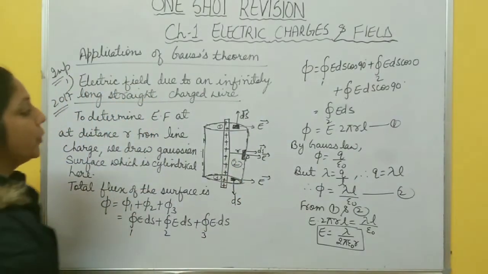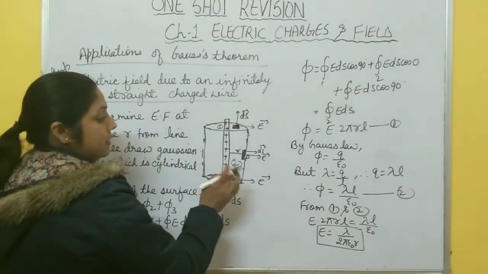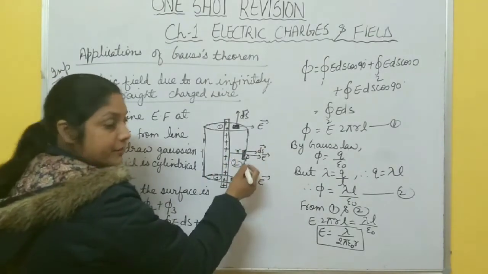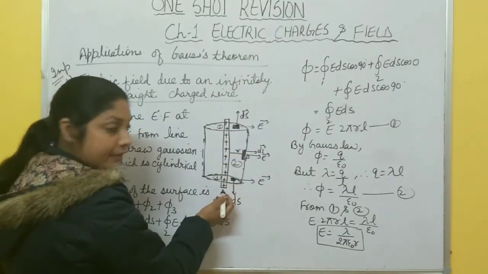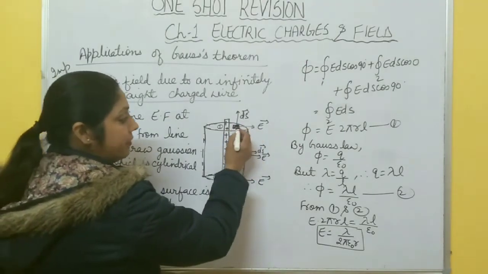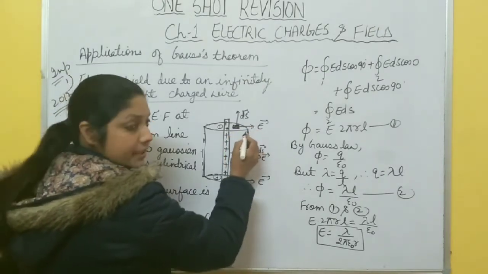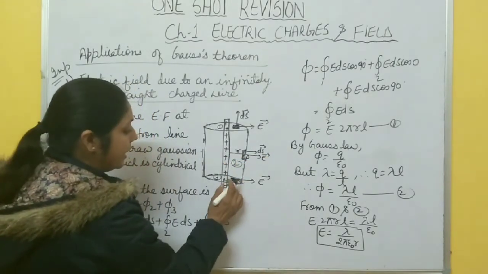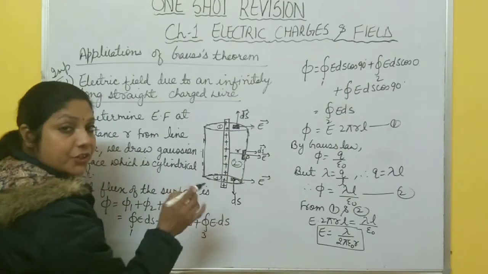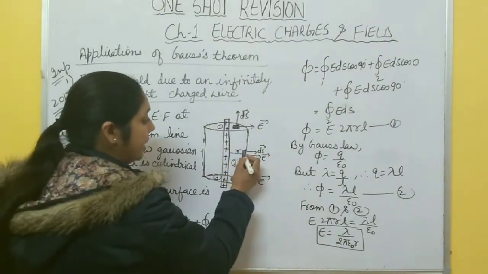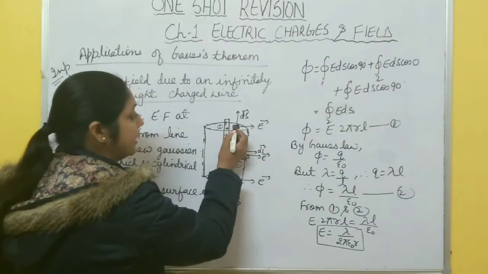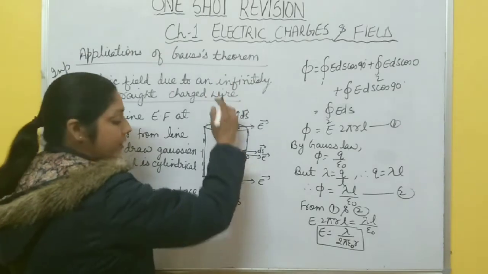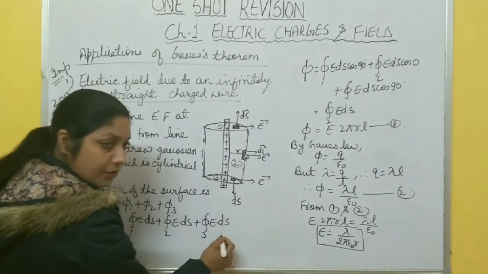Now you have to calculate total electric flux, right? So here there are three surfaces. This one is the lateral surface, this one is the upward surface, and this one is the downward surface, right? At this point, electric field is in this direction. At this point P also, at a distance r, electric field is in this direction. At this point also electric field is in this direction, but the direction of the area vector is different. Here the area vector is along this E, but here the area vector is normal to this surface, and for the upward surface normal is this one. Similarly in the downward surface normal is downward.